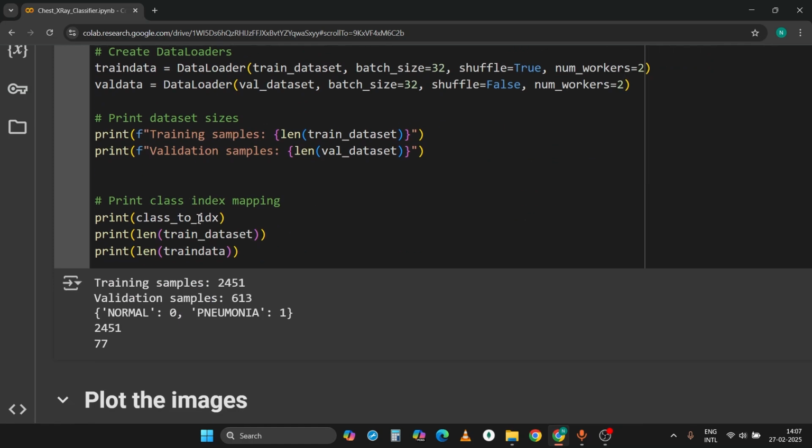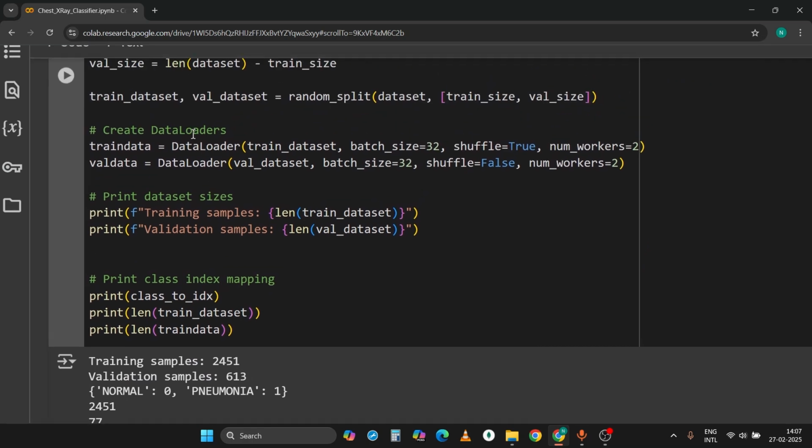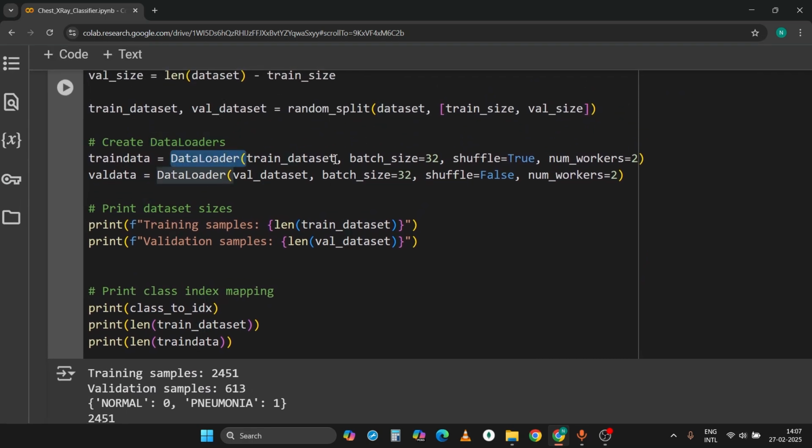Now this way we will create the train data loader. In the DataLoader, we just have to give the train dataset, batch size will be 32, shuffle will be true, and number of workers will be 2. Then for the validation dataset, the same batch size, shuffle will be false, and number of workers will be 2. Now we have to print the length of the train dataset, validation dataset, and class index. Let me run it. See,